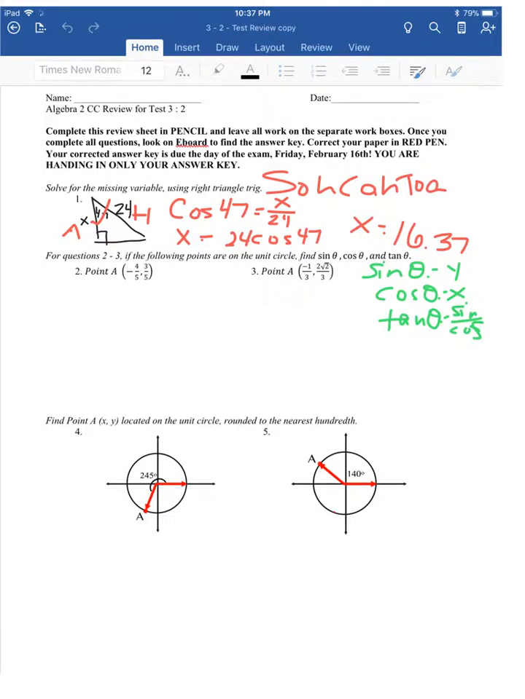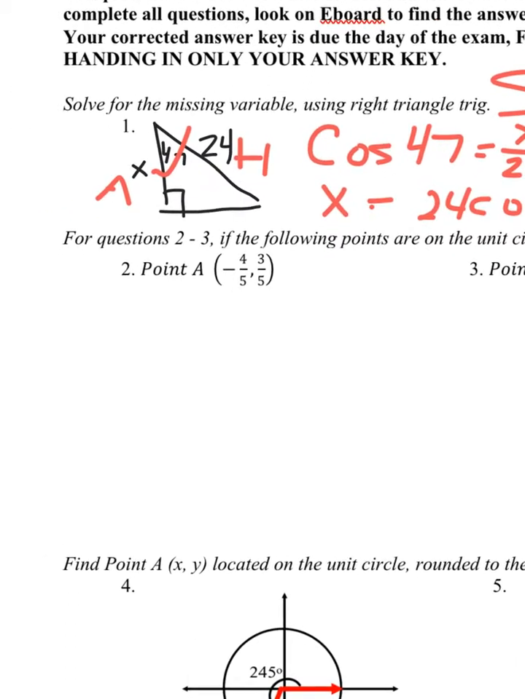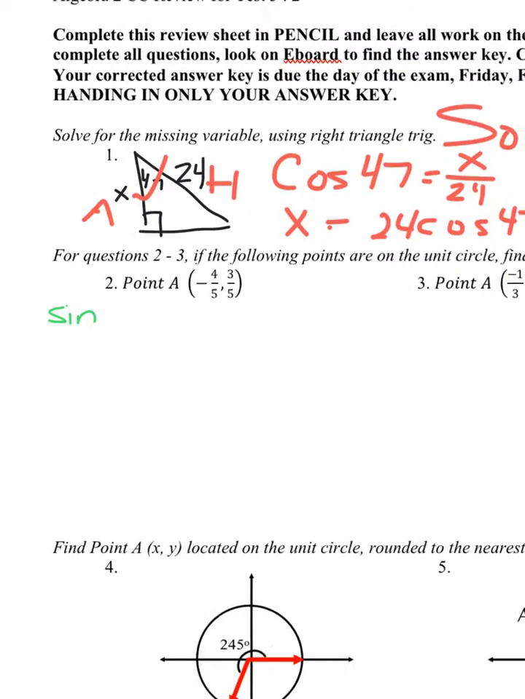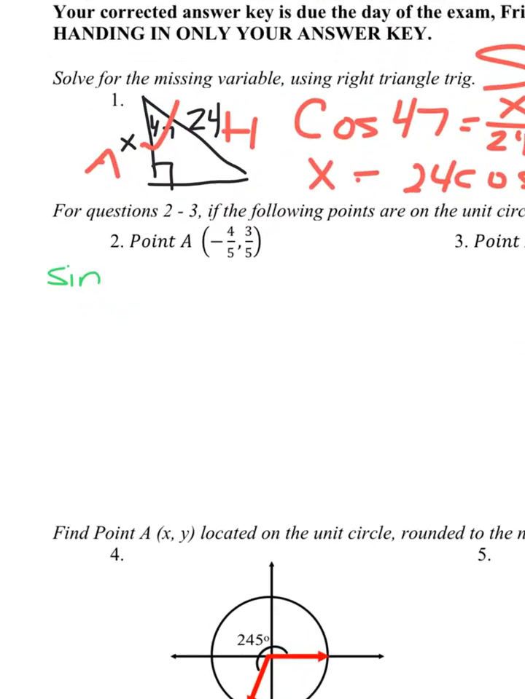Okay, so for number 1, again, these points are on the unit circle, that's why we can do this. We have the sine of theta equals the y value. The y value in this case is 3 over 5. The cosine of theta is equal to the x value. So the cosine of theta is negative 4 over 5. And then the tangent of theta,